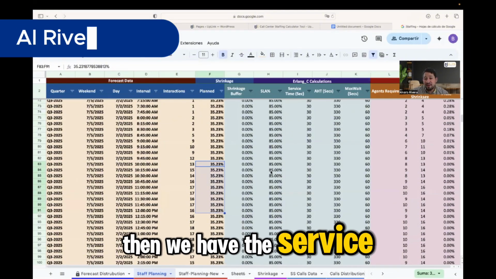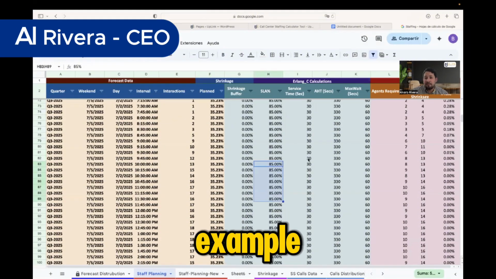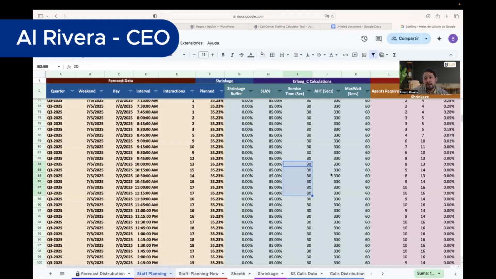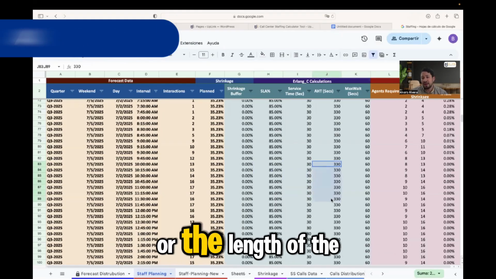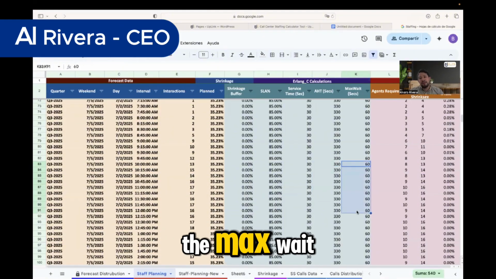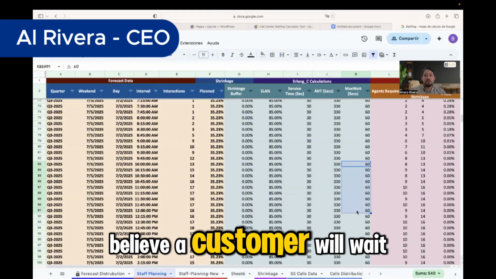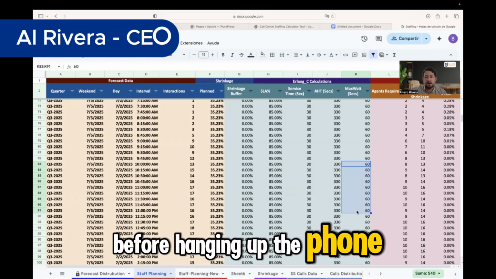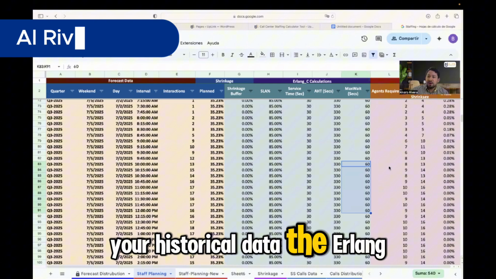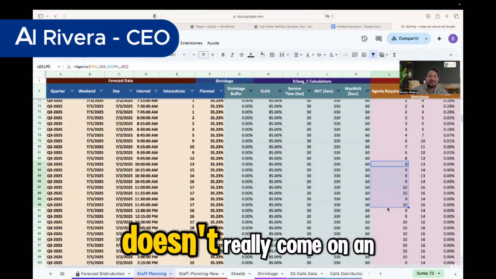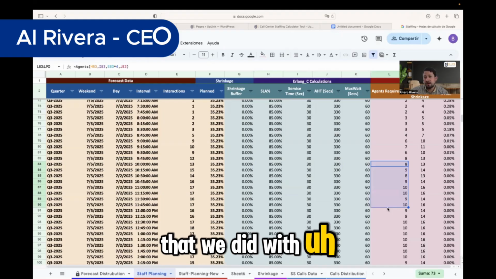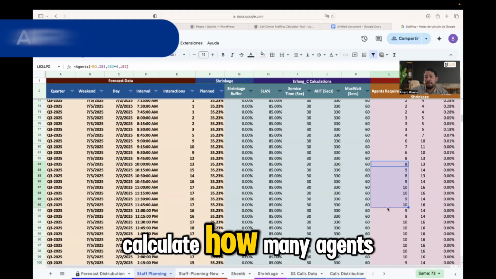Then we have the service level, which is 85% for this example, and 30 seconds service time, which is how fast you want the calls to be answered, and then your average handle time, or the length of the call. Finally, you have the max wait time. The max wait time is how long you believe a customer will wait before hanging up the phone. You can calculate this by obtaining it from your historical data. The Erlang-C calculation doesn't really come in an Excel spreadsheet. This is a customized grid that we made with JavaScript